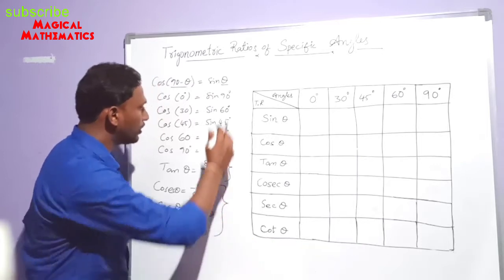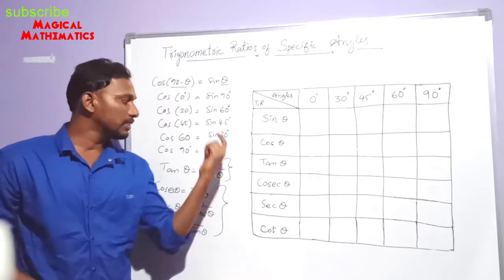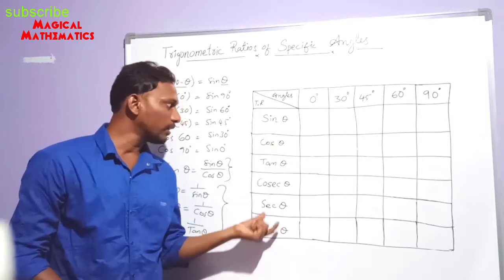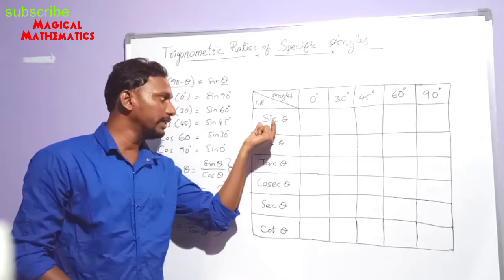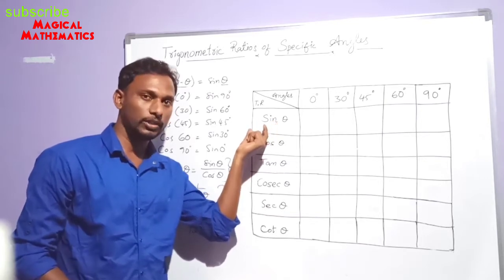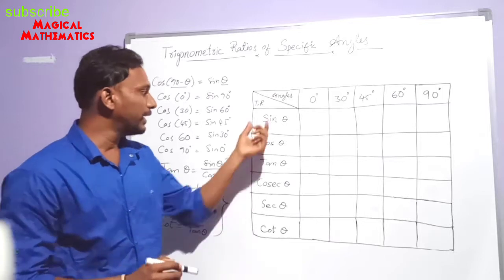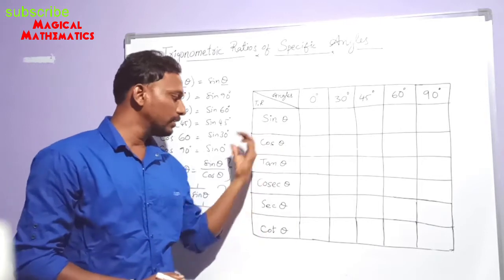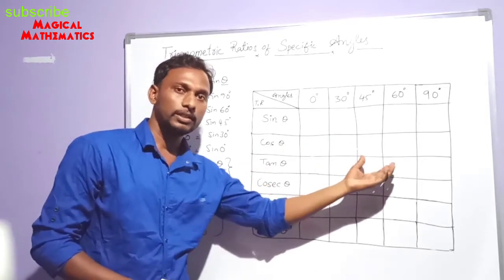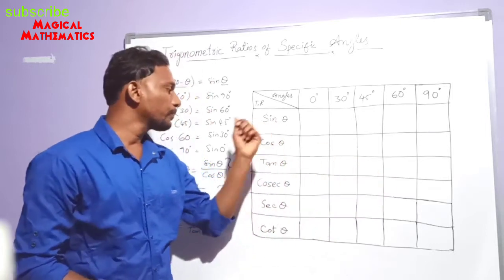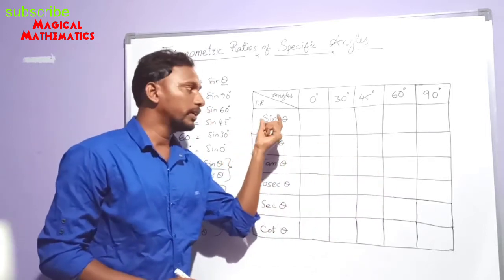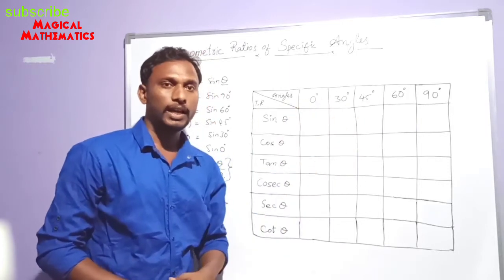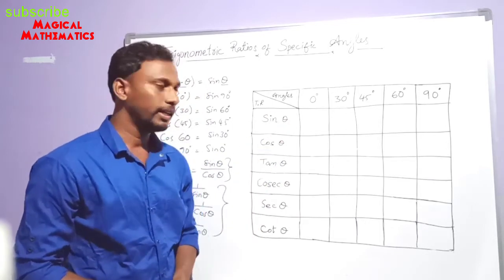By observing all these relations, we can understand that the remaining 5 trigonometric ratios depend, some directly and some indirectly, on the sin values only, right? So if you know the sin values for these specific angles, we can find the remaining trigonometric ratios for the different specific angles. That sin values we can get by one logic for all the specific angles, a trick also, right?